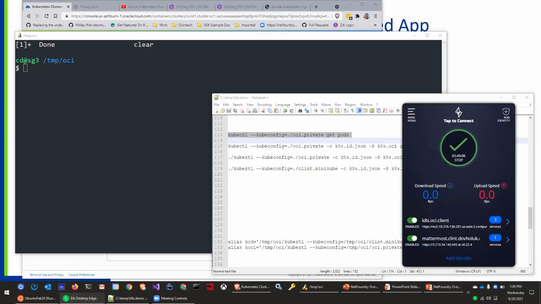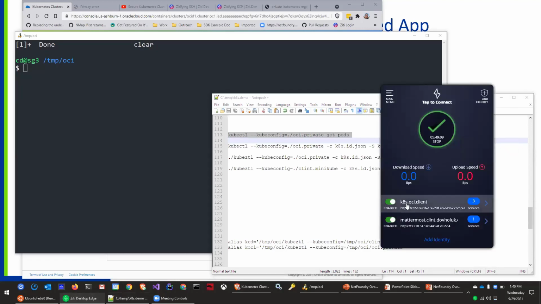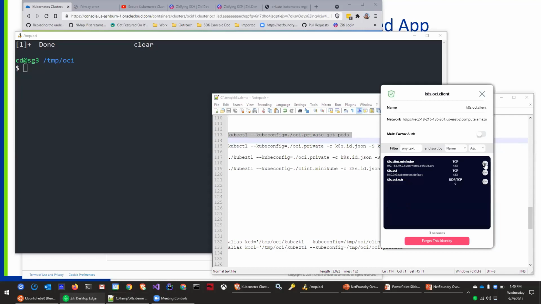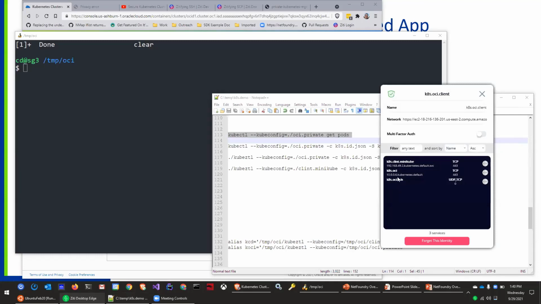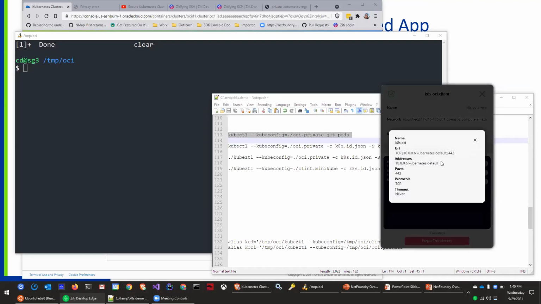And like Skip, I run the ZD Desktop Edge for Windows. So if you were to look at my client here, you could see I have a K8s Clint minikube, as well as a K8s OCI service. When I created my service, I actually used 2 different names for it. Another really cool differentiator for NetFoundry, the OpenZD stuff, this ZD Desktop Edge for Windows and all of our tunneling apps, they allow you to just make up any DNS name that you want.